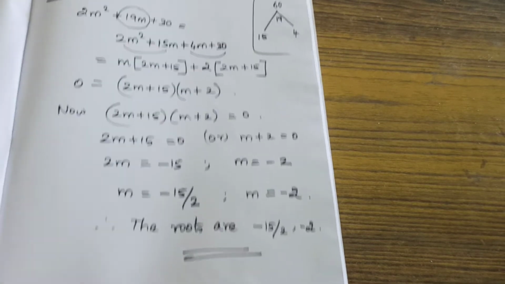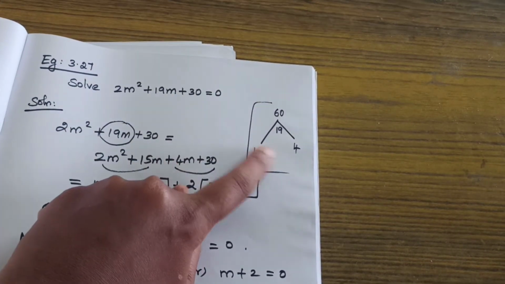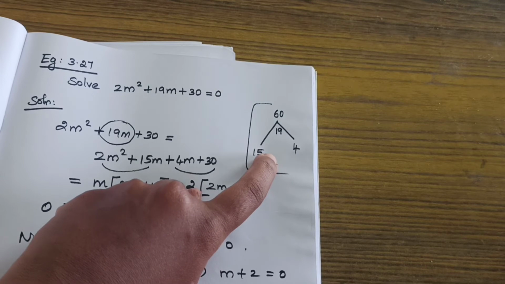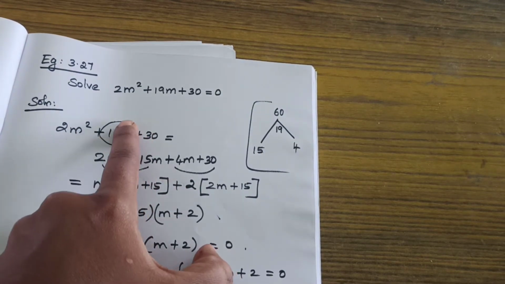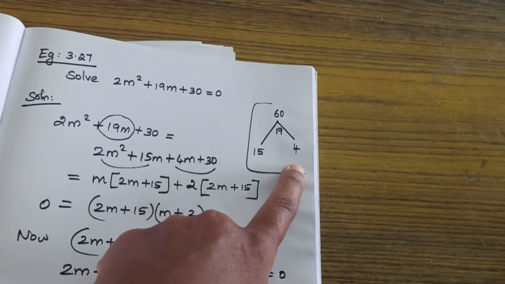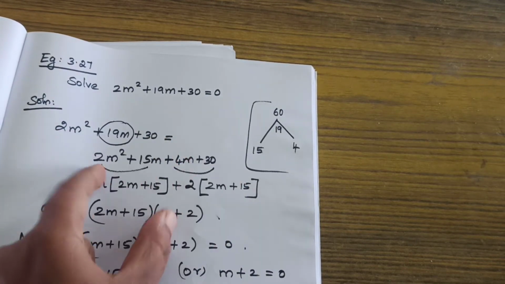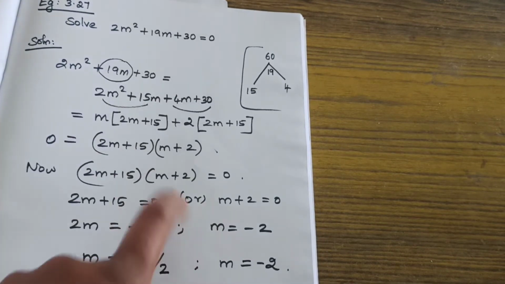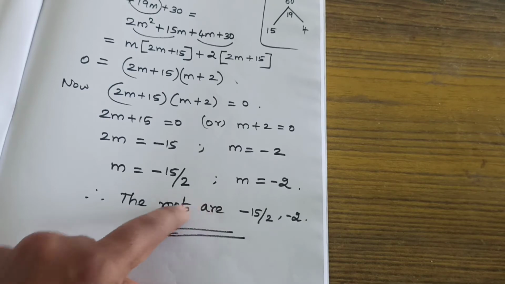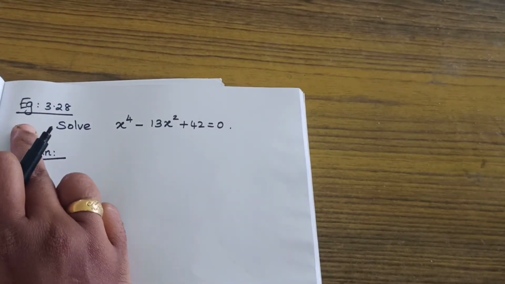Very easy, no? So just listen one more time. Solve this means just factorize this and find the numbers. Don't use the shortcut here. You need to write the steps one by one. So instead of this 19m, you need to write 15m + 4m. That means 19m automatically will come. So among two terms, you need to split the common outside. Then equate to 0. Split the terms. You will get 2 roots. Okay, listen dear students, next example.